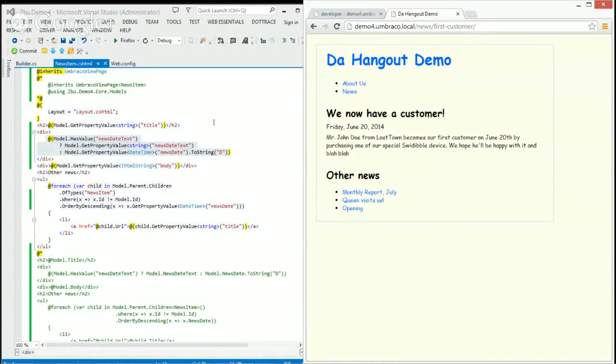It is on the left part of the screen. This is an MVC view, an MVC template. And we decide that we don't want to use dynamics in that view. So it's actually inheriting from Umbraco view page, and we're not going to use current page, which is a dynamic object.